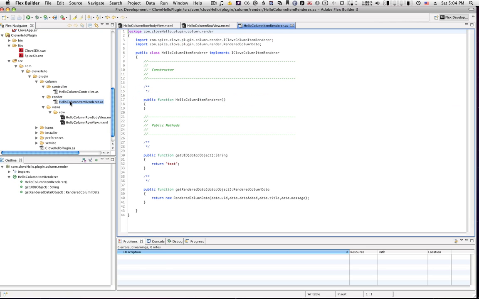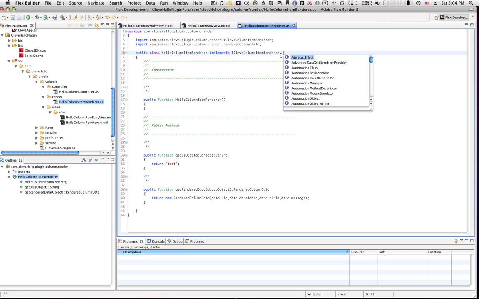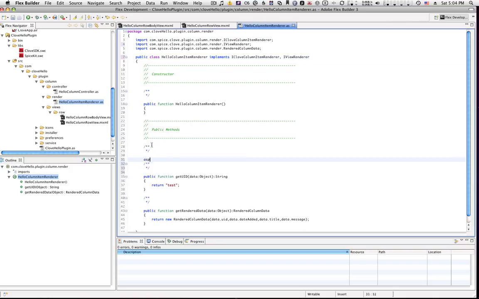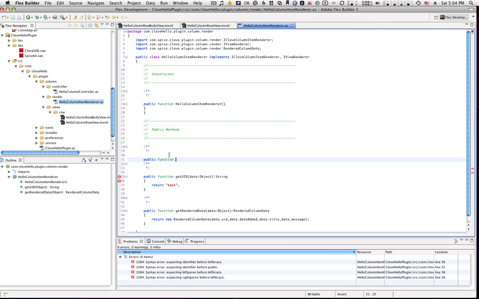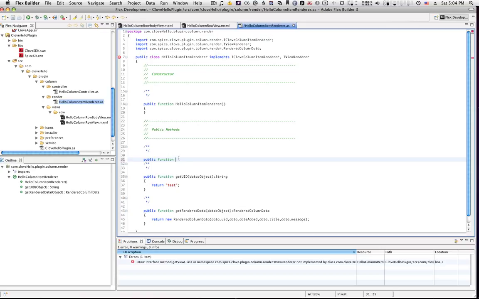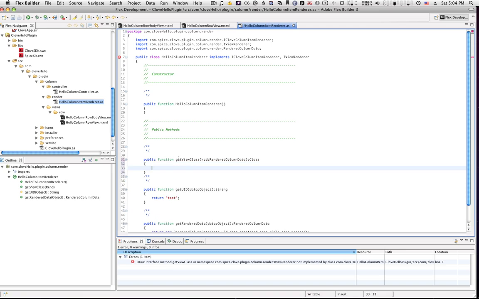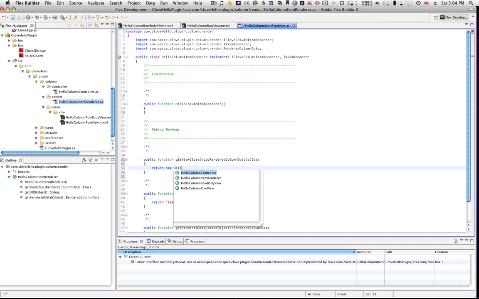So once we're done with our views, then we need to go back to our HelloColumnItemRenderer and implement another interface. We're going to call it IViewRenderer. And what this will require us to provide is another method called getViewClass. And then it's going to pass in the rendered column data, so we can dynamically pick what type of view it is, and it can be anything you want. But for making it easy, we're just going to do HelloColumnRowView, HelloColumnRowBodyView. Since once we have that,